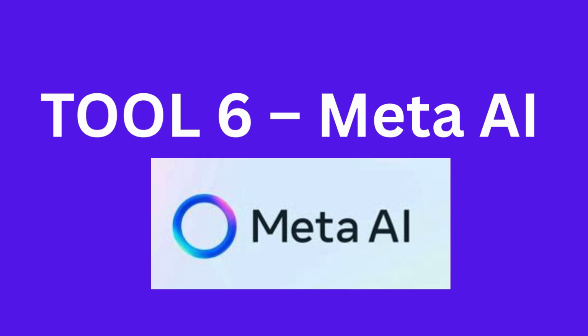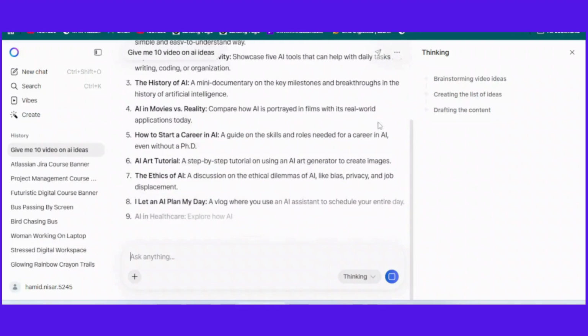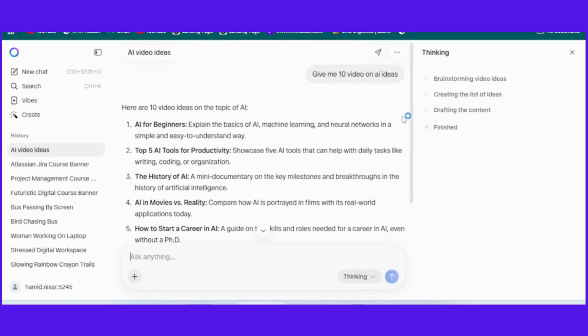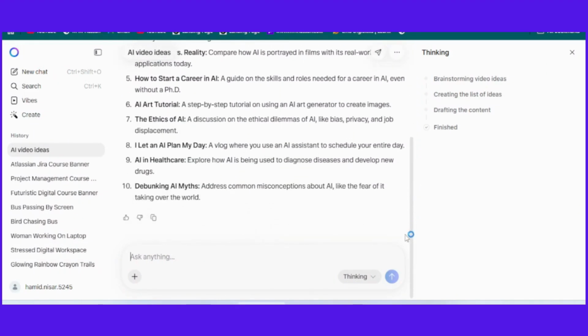Tool 7, Meta AI. Before creating any video, you need ideas and scripts, right? That's where Meta AI helps. You can use it to generate video ideas, write scripts, create hooks, and even plan content strategy. For example, you can ask it,